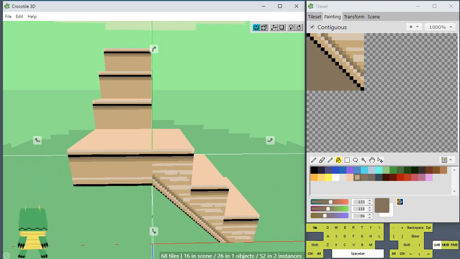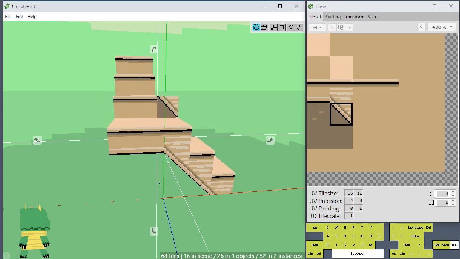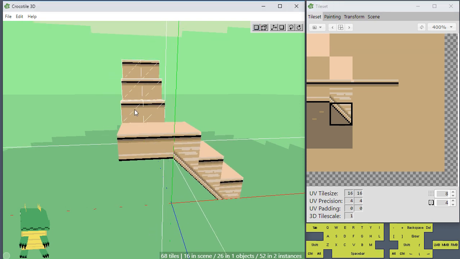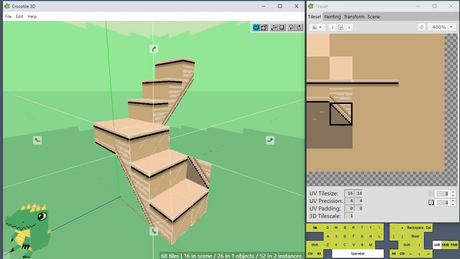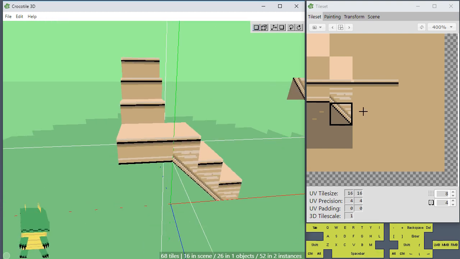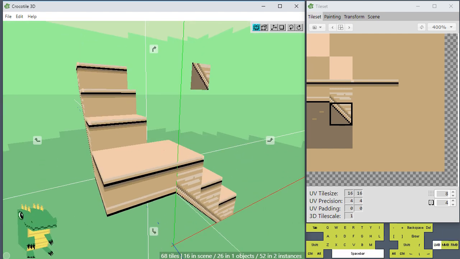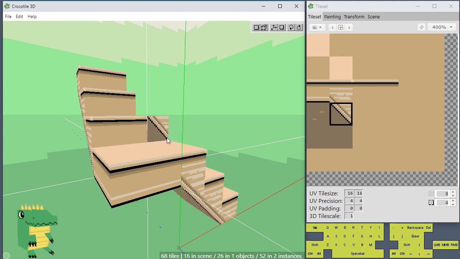Okay, so let's see. I could add a railing, a stair railing to it. But it depends how detailed you want to go with it. You could 3D model the actual pieces of the stair railing, or you could just draw it if you want. For example,